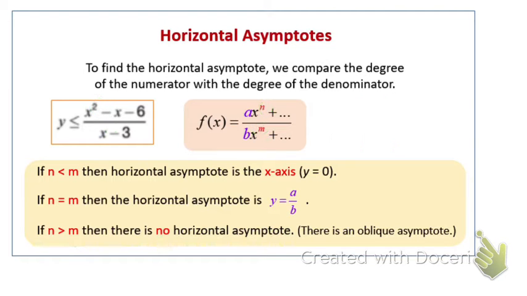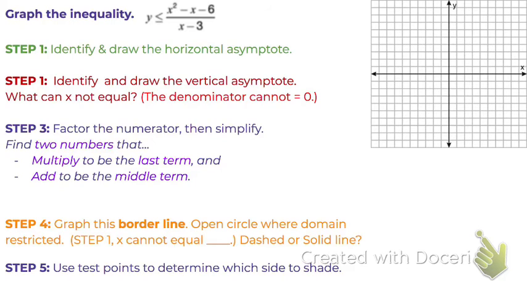So now let's move on and look at our vertical asymptotes. To determine this, we need to remember that for a fraction, the denominator can never equal 0. So x minus 3 can't be 0. If we solve that by adding 3 to both sides, we see that x cannot equal 3. Now I can draw a vertical asymptote there at the line x equals 3. I'm just going to make a little dashed line, and none of the solutions to this inequality are on this